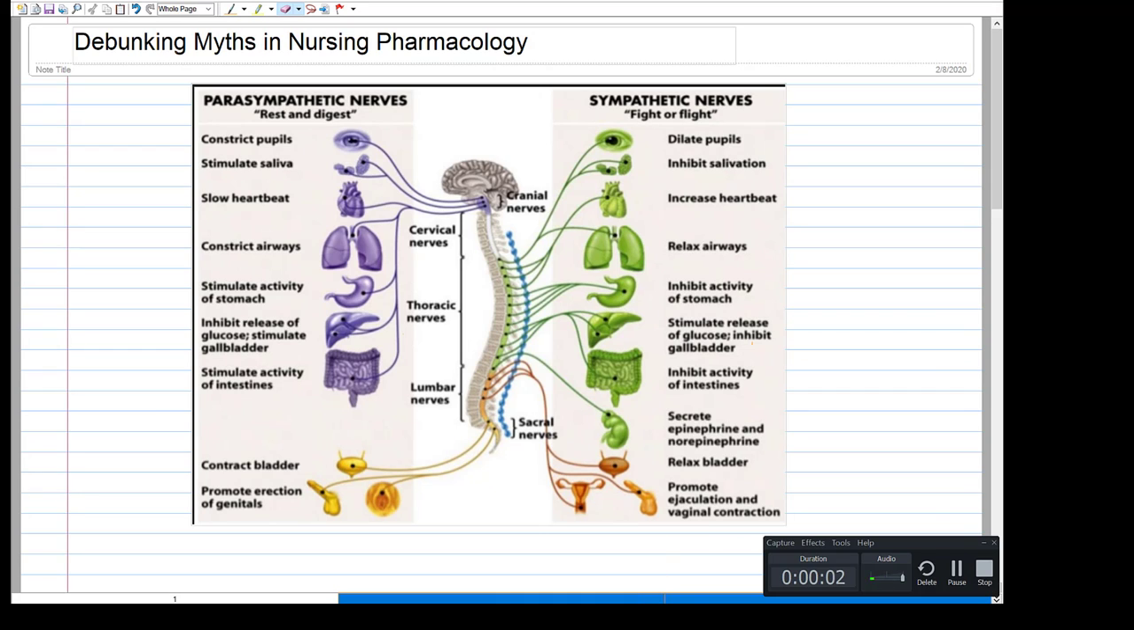This discussion will focus on looking at different terminologies that nursing pharmacology uses, so you'll be able to understand the mechanism of action better. So let's start with understanding SNS versus PNS effect. With SNS, you'll see that it can dilate pupils, inhibit salivation, increase heartbeat, and when you summarize it,